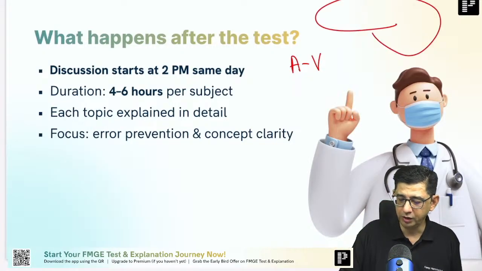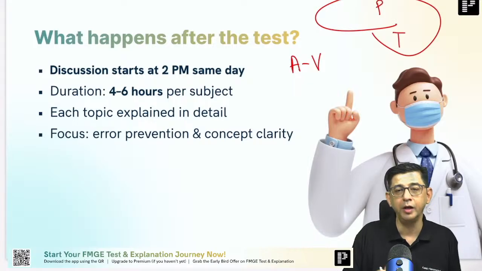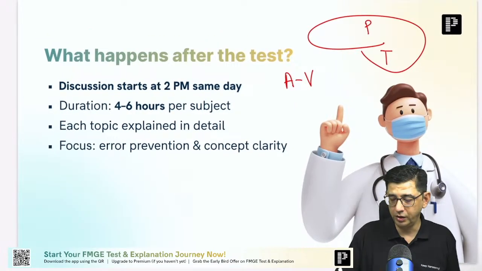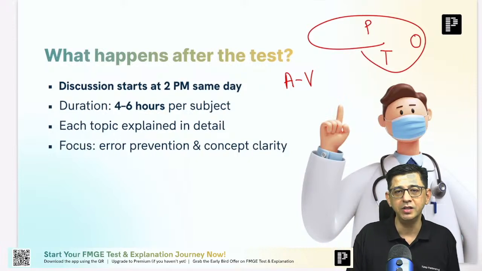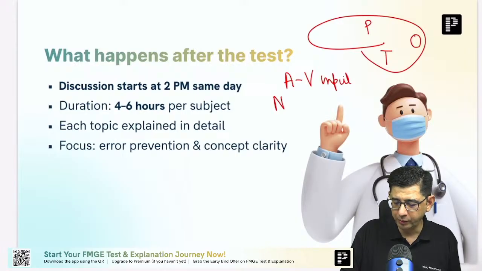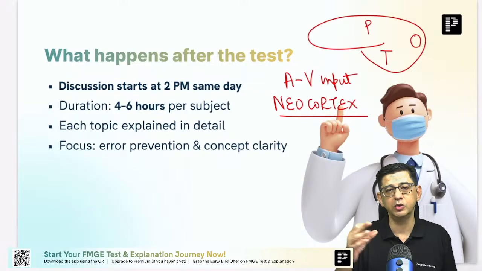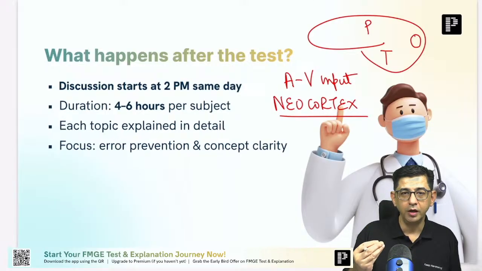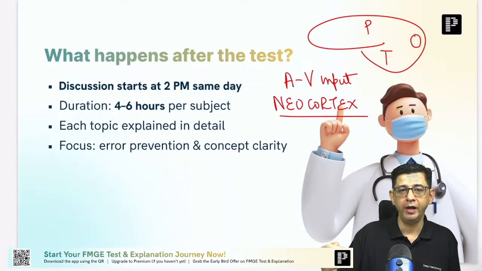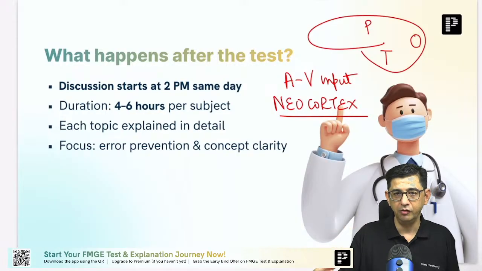You're all aware of the fact that the most important part for memory is obviously the temporal lobe. Then is the parietal lobe, and then the occipital lobe. Occipital lobe is for seeing, temporal lobe is for hearing and retention, and parietal lobe is going to integrate everything. You have to send all this information from the audio visual input into your neocortex. That is storage of information. The storage of information occurs in the neocortex. So when I make you use your parietal, temporal and occipital lobe under guidance,